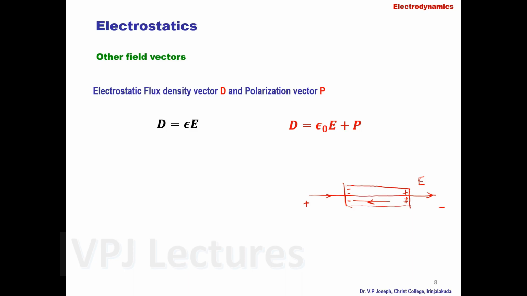So the electric flux inside is represented as the electric flux density D, and the reason for the change with respect to E is the polarization vector P. Then